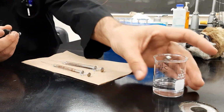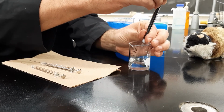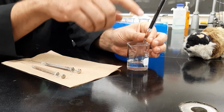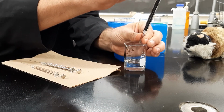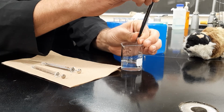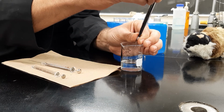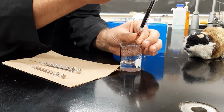So I've rinsed it, so the next thing you want to do to use it is you want to make sure when you pull it up you're going to get some air bubbles. So you want to make sure you pull it up and then push it out quickly. You pull it up sort of medium speed and then push it out quickly. Pull it up medium speed, push it out quickly. And that usually clears the air bubbles out the tip. And then you can pull it up slowly, really, you know, as slow as reasonable